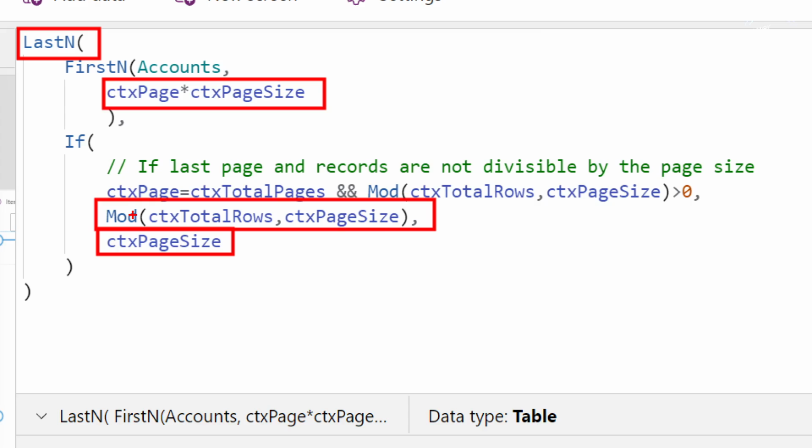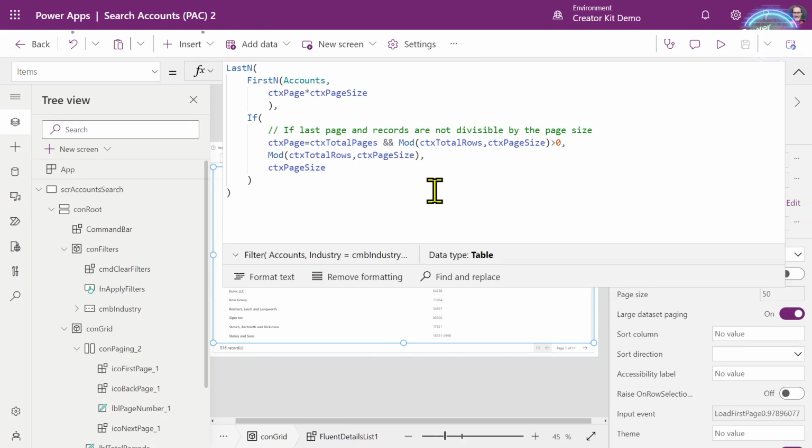And so if the number of records is equally divisible by page size, say we have 30 records, then the third page will contain just a standard page size, which will be 10. And so this technique allows us to then page through the records.